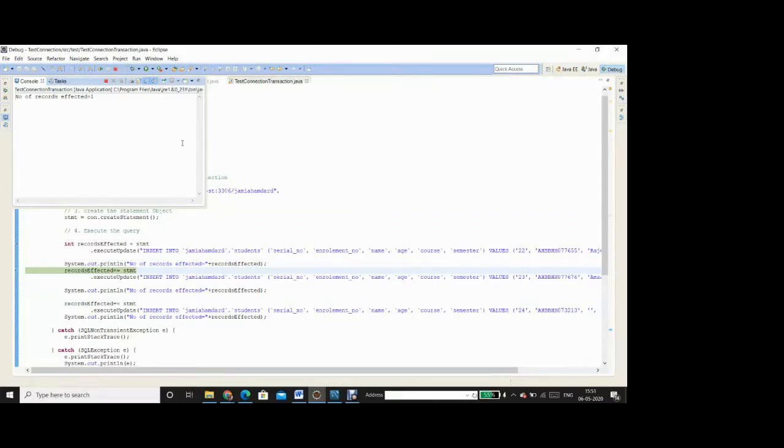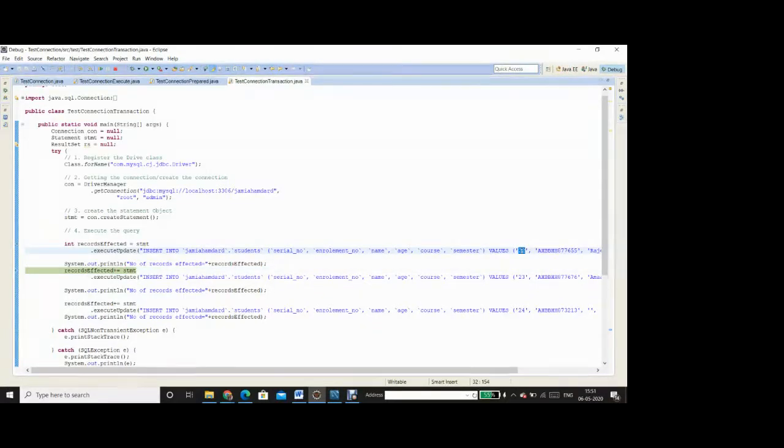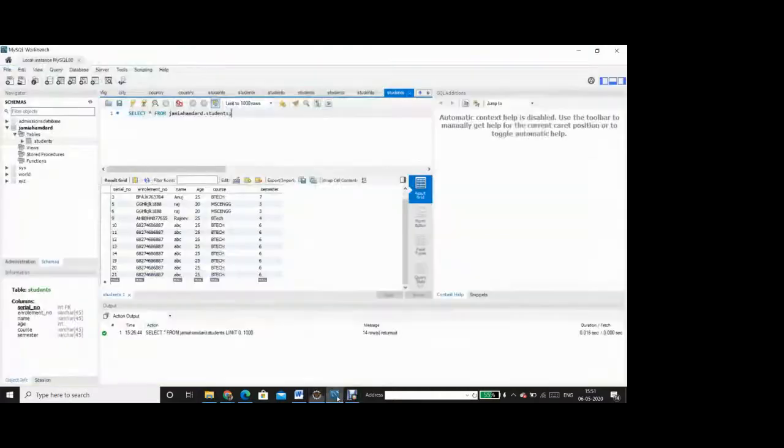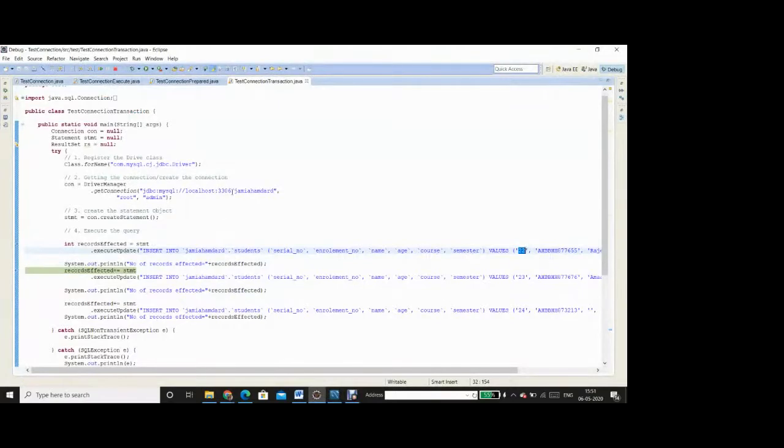And so I can expect a record with serial number 22 should have been inserted into the database. So let's go and check the state of the database. It is showing 21 as of now. Let me refresh it, and you can see 22 has come. So again, let me go for execution of the second statement with Fn plus F6.